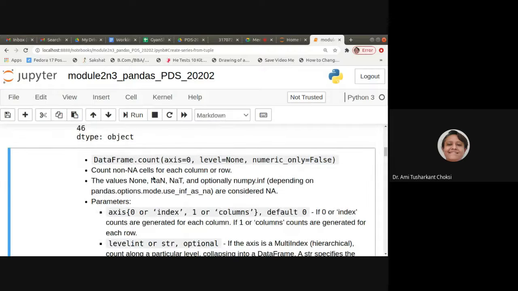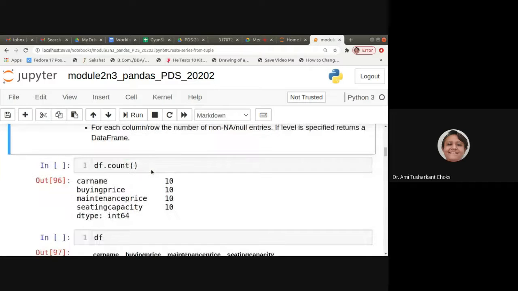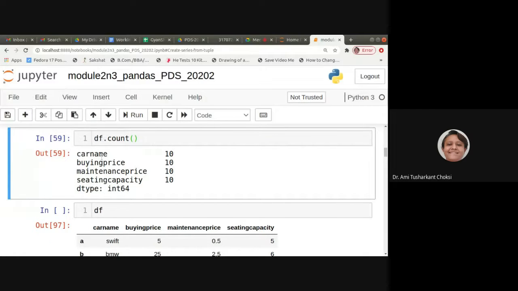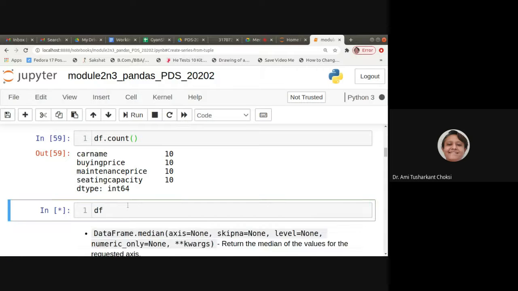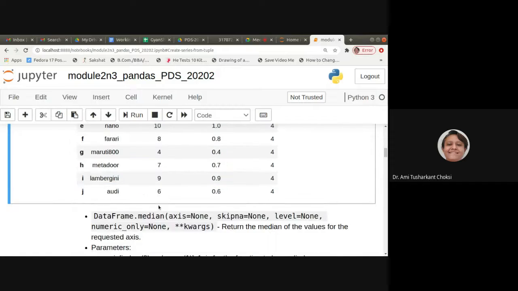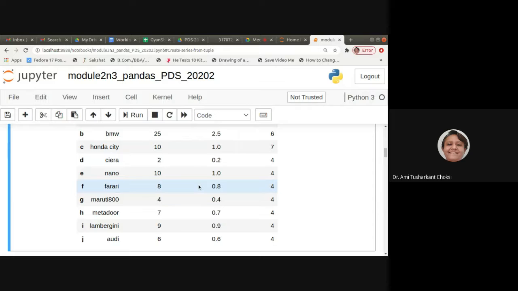For count, what it gives us is the non-NA count. So in car name it is 10, for buying price it is 10, for maintenance price it is 10, for sitting capacity it is 10. It is because we do not have any not available or null value. We can see the df and have the idea, no null value is there, all the values are available.